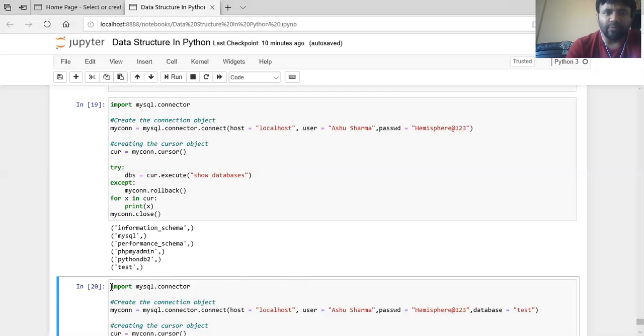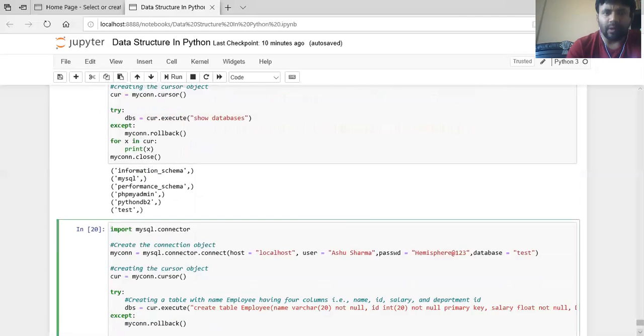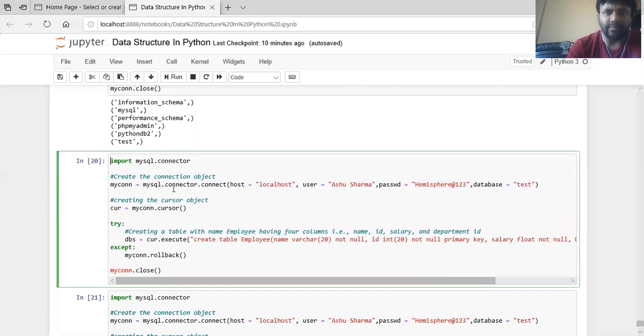Next, when we move further, now we have this concept of how to create a table. We have the same setup first. Here I am using the test database, which is already there. Now there are four values we are going to pass: first is the host name localhost, then username, then password, then database.